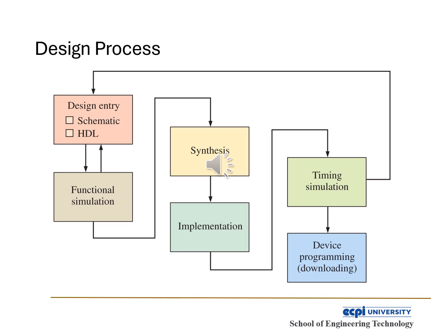We start with design entry. This is where you create your design either by drawing a schematic or by writing HDL code, hardware description language, like VHDL or Verilog. It's your plan, your blueprint. Once the design is in place, we move to functional simulation. This is the does it work step. We simulate the logic to check if it behaves correctly before we ever touch the hardware. If it fails, we go back and fix